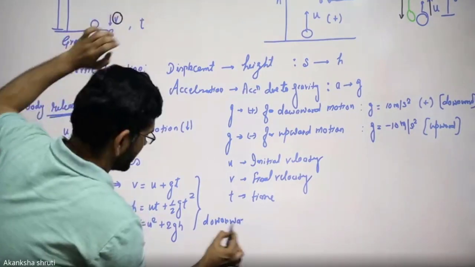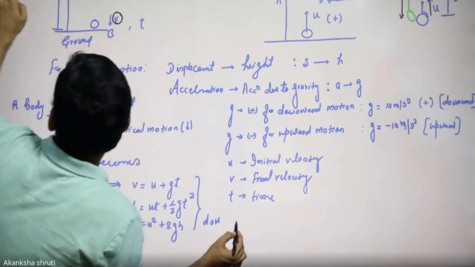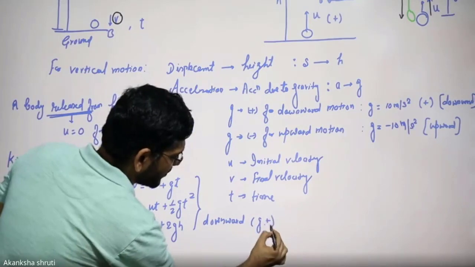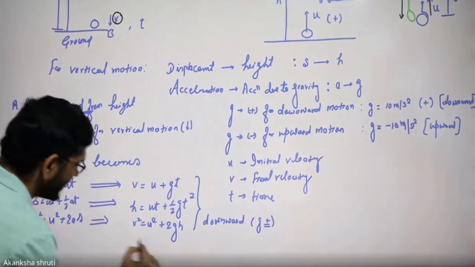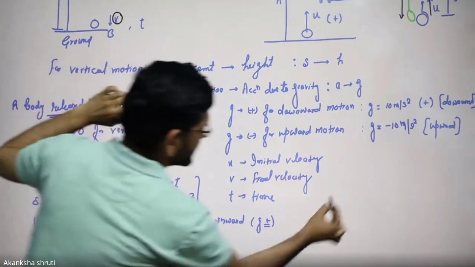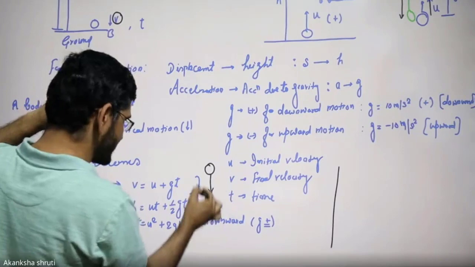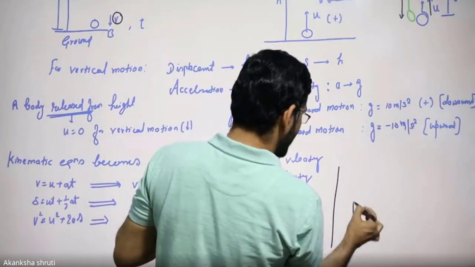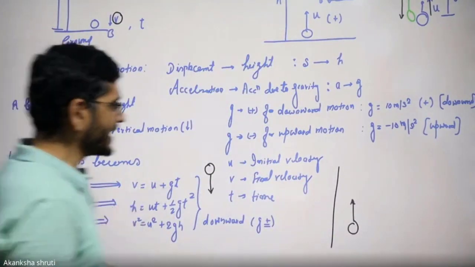So this is for our downward motion, student, that we have to write. Because if it is going upward, where g is taken as positive. Okay, now student, if we are going to take this upward, so write here, side by side. Means the body is released here and moving downward, then this is what we are going to use. But if the body is here and it is moving upward, then keep in mind g should be taken negative only.